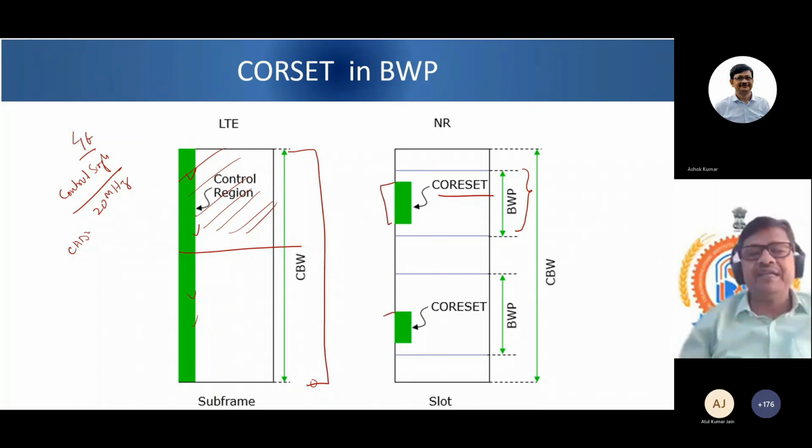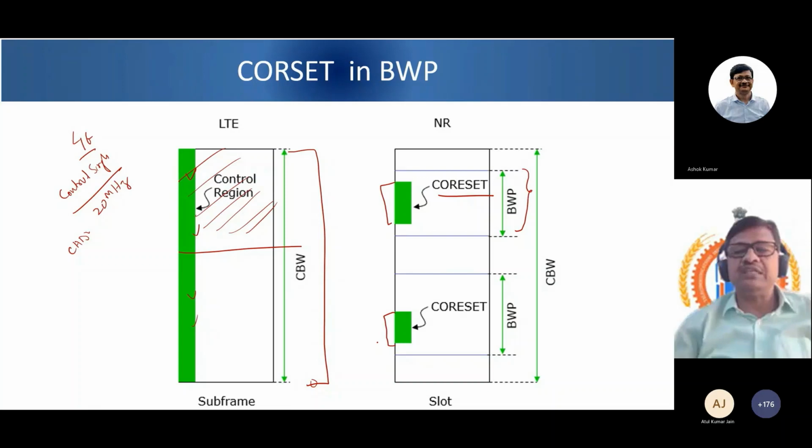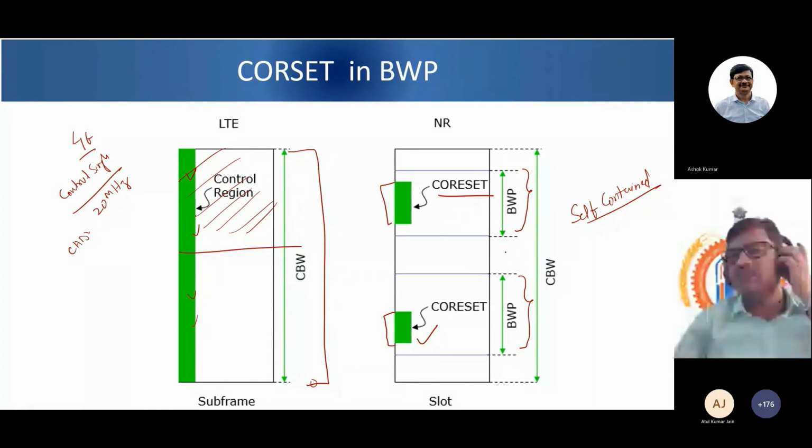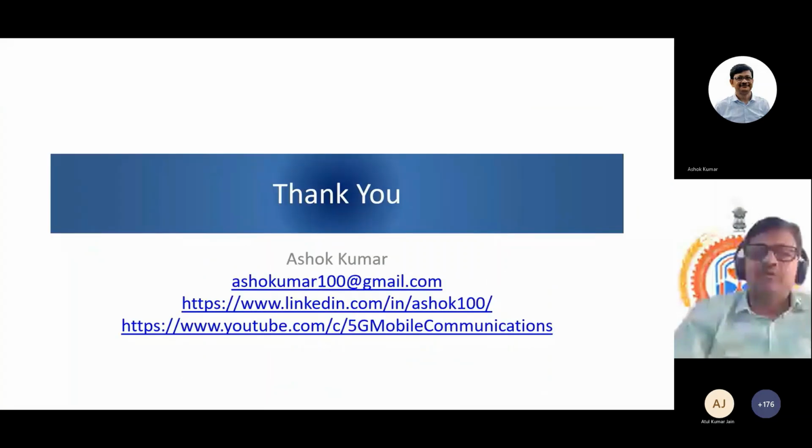That means for every bandwidth part, separate control signaling is transmitted, so that a UE, if it is using this bandwidth part, has sufficient control signaling right here itself, and that's why it is self-contained. We call it self-contained. So BWP is in itself self-contained because you can do data as well as the control signaling. So with this finishes